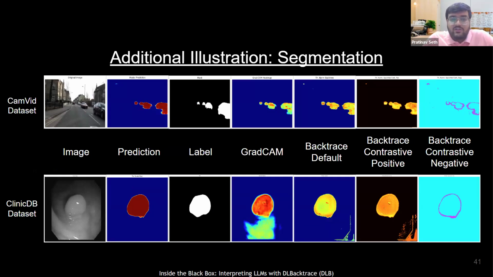But for backtrace, you are focusing more on the edges or the actual point where the decision is being made. And the positive backtrace is the same. For negative, it's just the edges, because those are the points on which the decision was made to be negative. So it's not segmenting the areas outside of this, hence you're just getting relevance of this particular part.